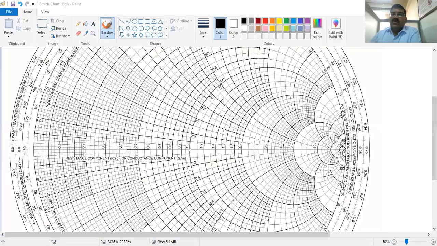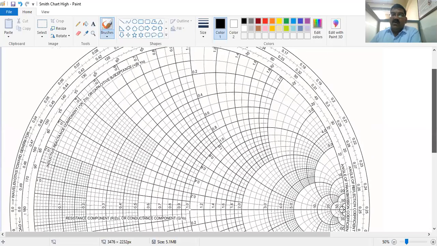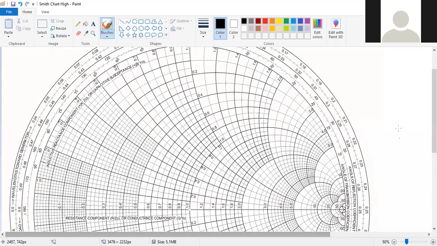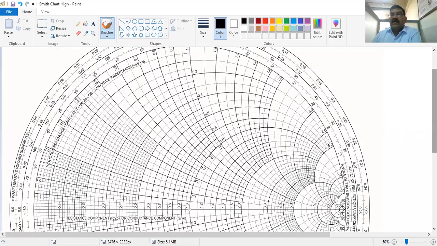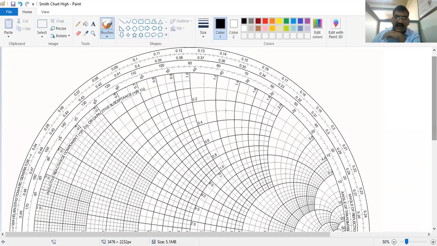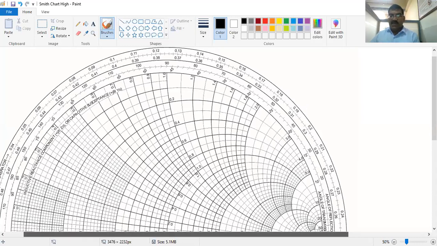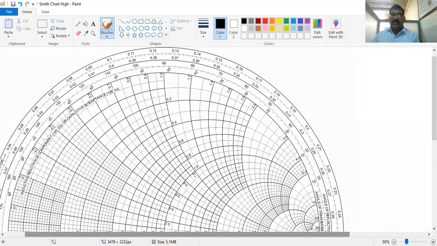Okay. So now we are going for the admittance plotting on the Z chart. Now this is the Z chart. Actually, you can say that it is the conversion of impedance to admittance. If you want to convert impedance to admittance, simply you can convert. So how, on the Smith chart, if the question is there, convert the impedance into admittance by using the Smith chart. So I will go for this.